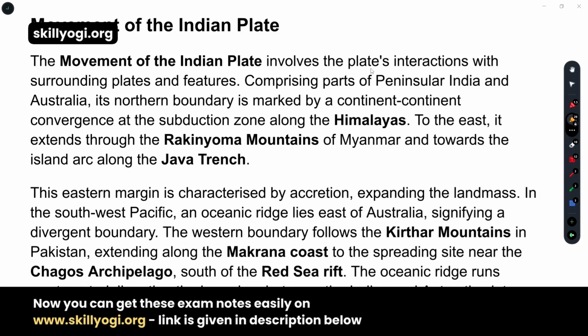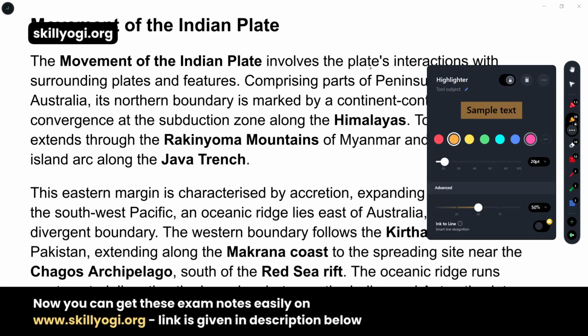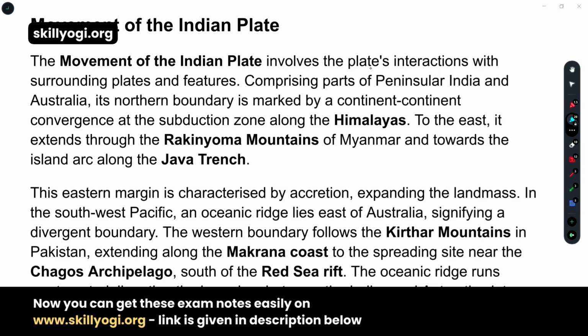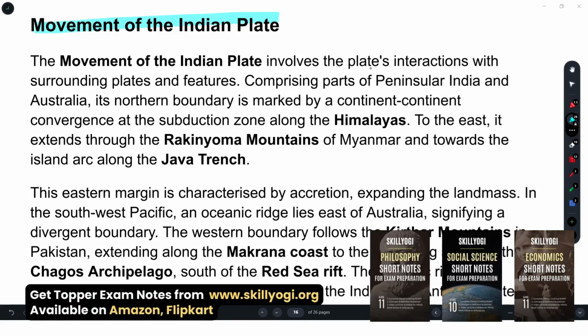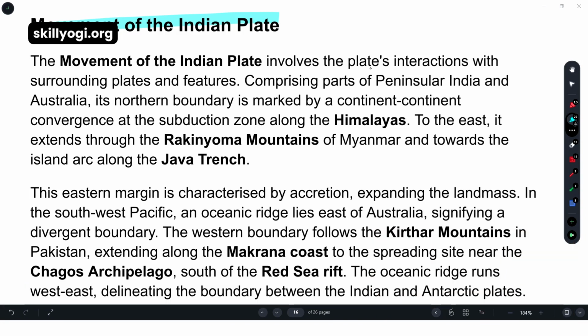Come to the next topic, that is related to the movements of the Indian plate. Till now we have learned a lot about plate movements, their parts, their causes, and their rates of movement, everything we have learned. Now we will learn about the movement of the Indian plate, which involves the plate's interactions with the surrounding plates